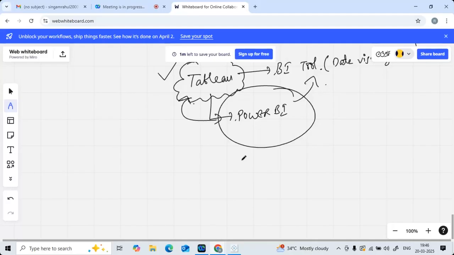And the main purpose of utilizing these business intelligence tools is that at the end of the day, you are going to work with some business case studies. While you are working with business case studies, you try to provide meaningful analysis through reports and dashboards to your client or to your business owner.